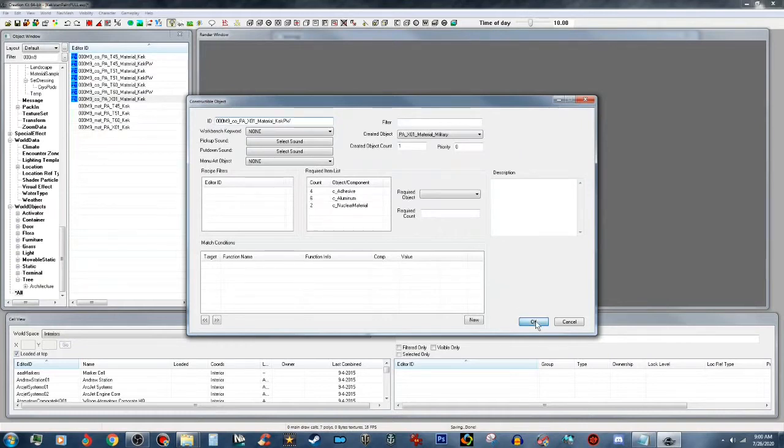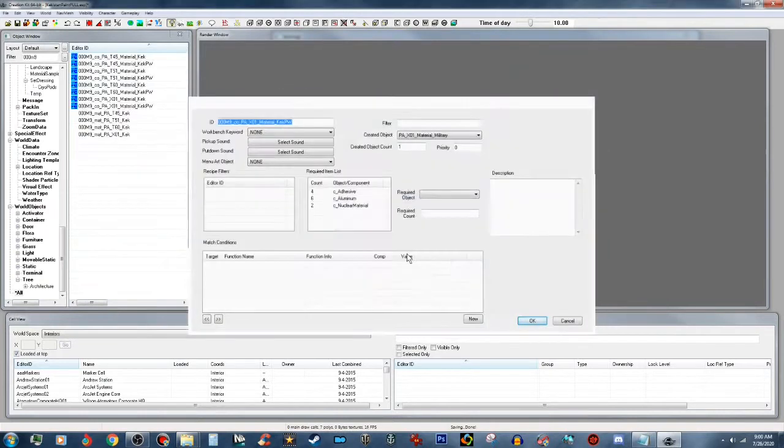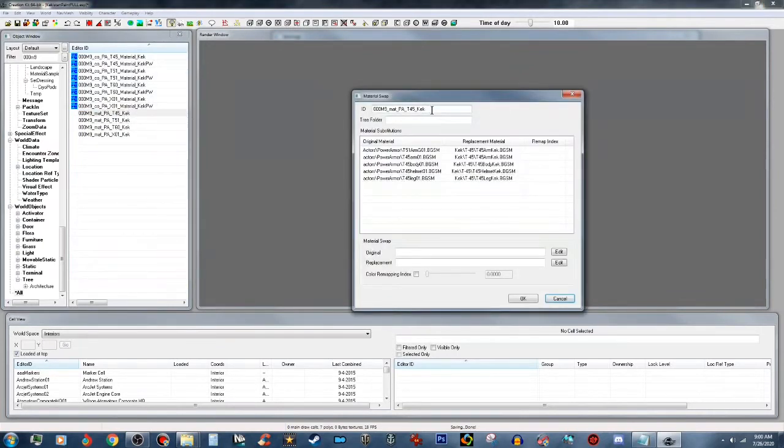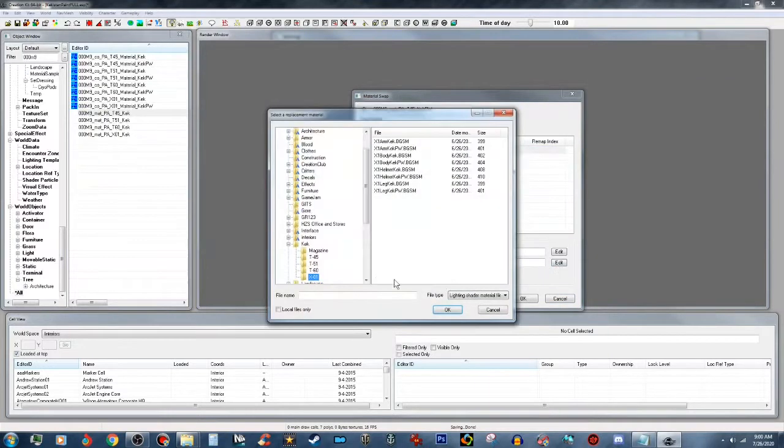PW. Right now, what I want to do with this is, see, these are set to the T45 clean versions. So I'm going to take it and I'm going to set this like this,